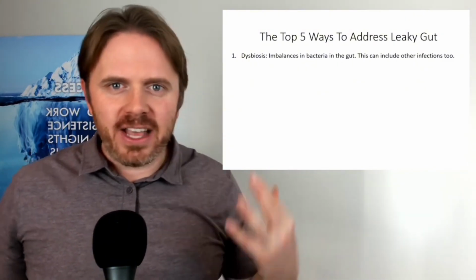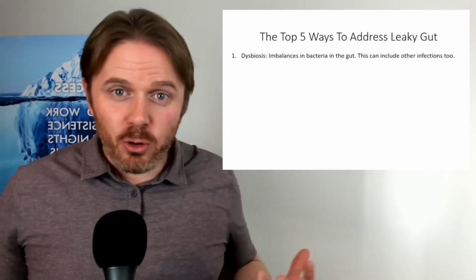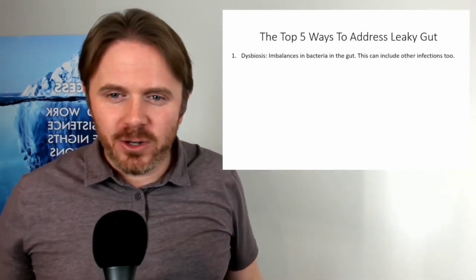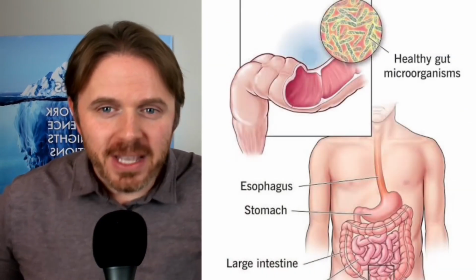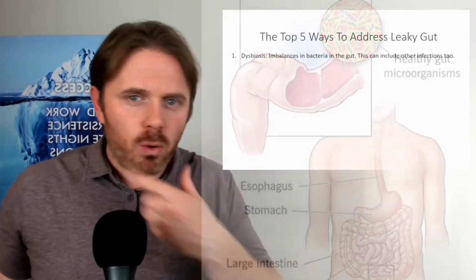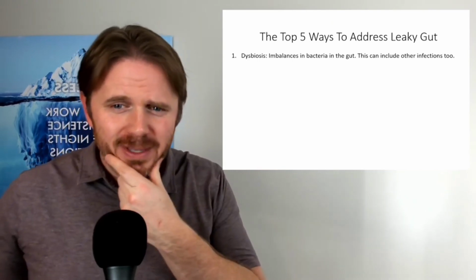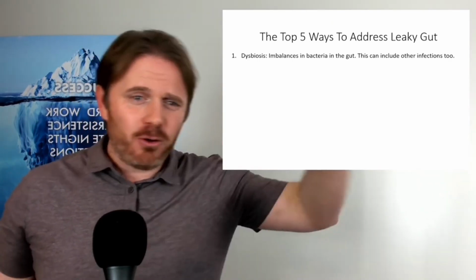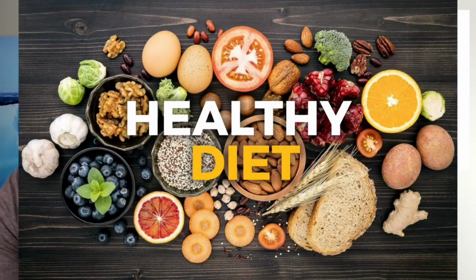And then we could add in things like pesticides, glyphosate, right? These organochlorines can knock down a lot of the beneficial bacteria. If we're drinking a lot of chlorinated water, it's going to have a negative effect on our microbiome. If we're getting exposed to glyphosate or even potential mold, that can negatively impact our gut bacteria as well. And so we've got to make sure we're trying to get the toxins out. So a good organic, healthy diet is going to be a big thing out of the gate